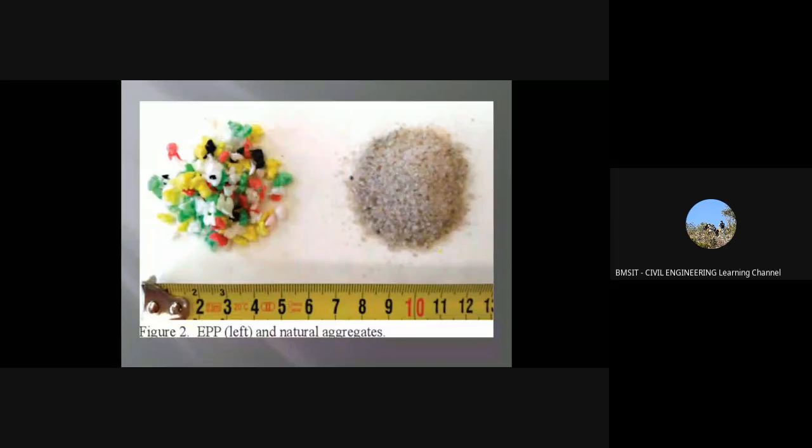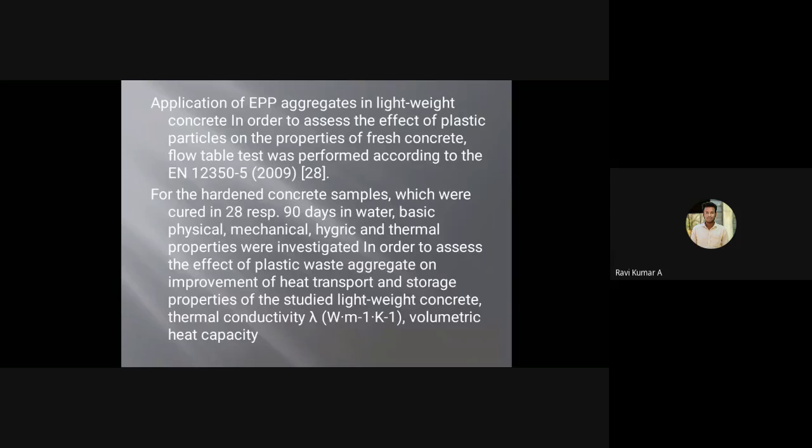Thank you, Namita. Next slide. Using expanded polypropylene waste plastic aggregate in lightweight concrete in order to assess the effect of plastic particles on the properties of fresh concrete. Due to laboratory problems, this experiment has been referred from many projects. Flow table test has been performed according to EN 12350-5:2009 for the hardened concrete samples which were cured for 28 days and